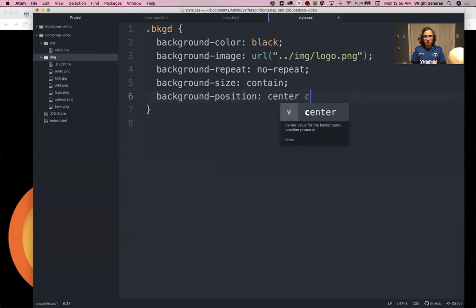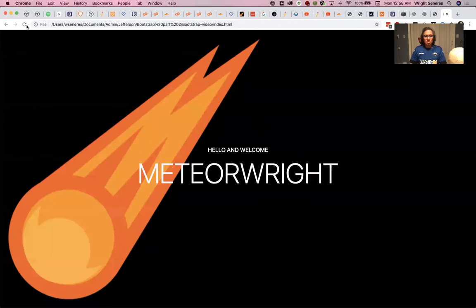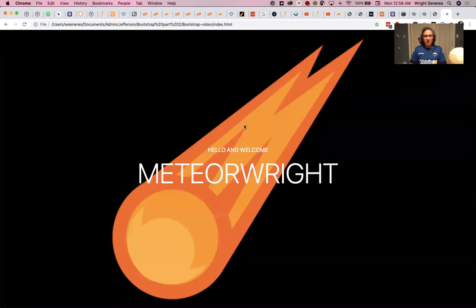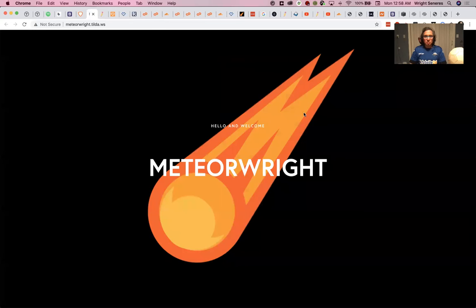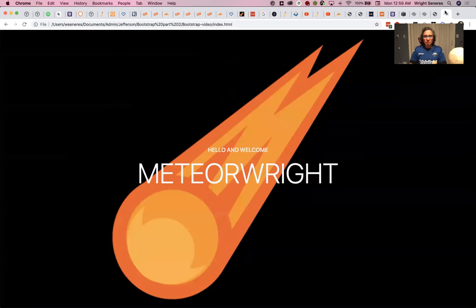I want to center both horizontally and vertically. So center, center, save this, 3, 2, 1, refresh. Now it's in the center, and now it looks close to my original. It's actually a little bigger, but I kind of like it bigger there. Looks good there, so we can move on now. So this is done. And to sum up,